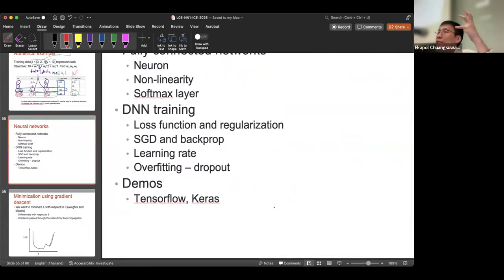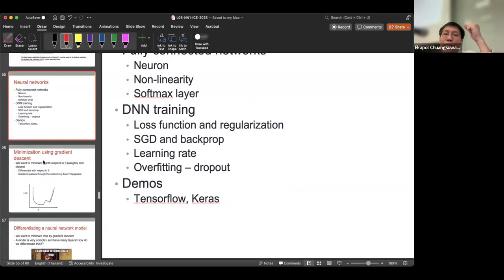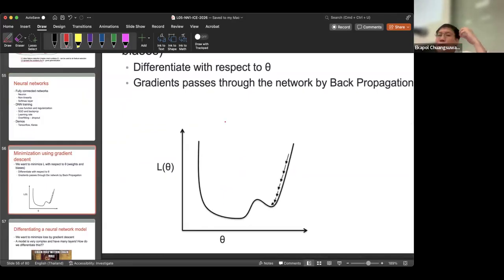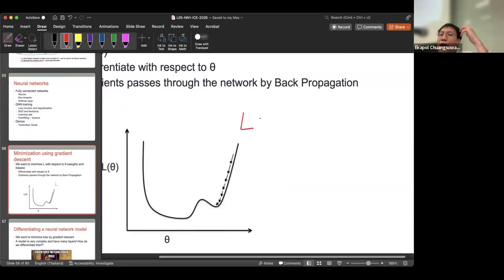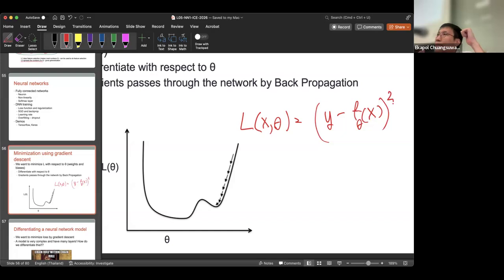So that's the loss function. How do we optimize this? We're going to have a loss. Let's say this loss function is L2, a function of x and the weights, which is y minus the function, squared. I want to minimize this